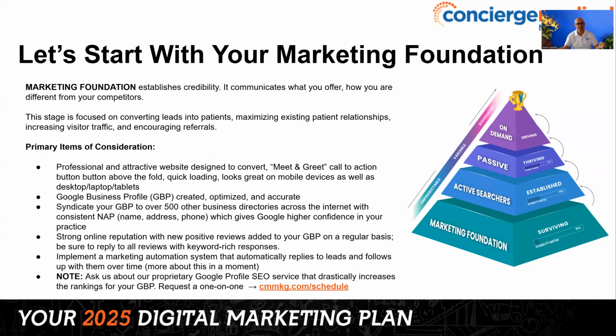If it's listed in 10 places, but some of the information is different, like the street address or phone number, if it's not accurate and consistent, confidence is down. But if you have the exact, correct, accurate information and it's distributed over 500 or more places across the internet, Google sees that and says, wow, I feel very confident that this data is accurate. Let's push this ranking higher in the Google Maps section.